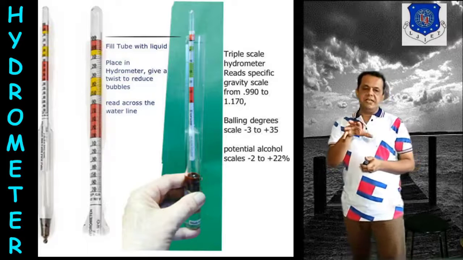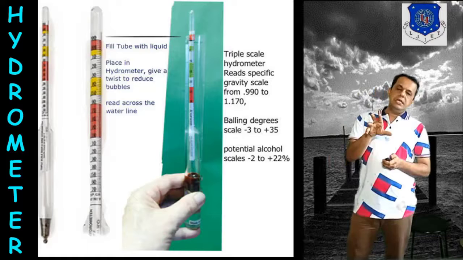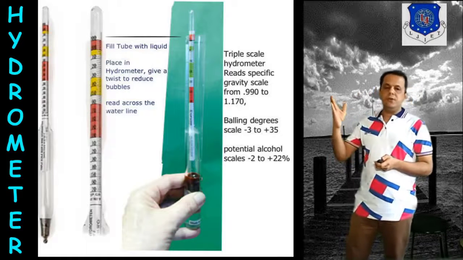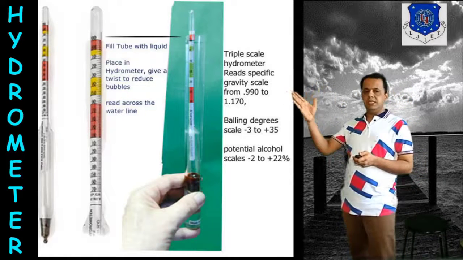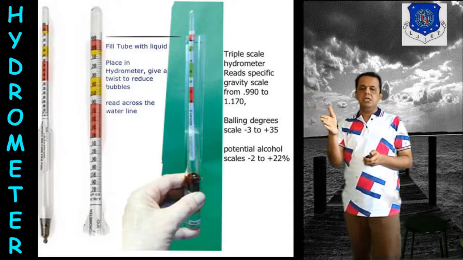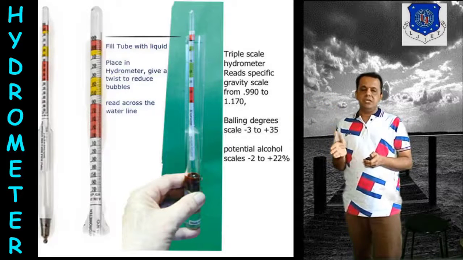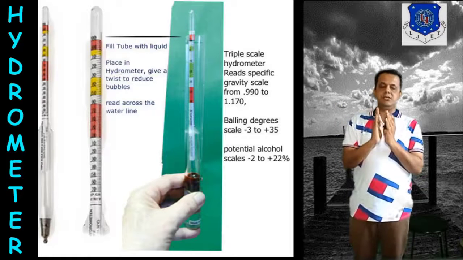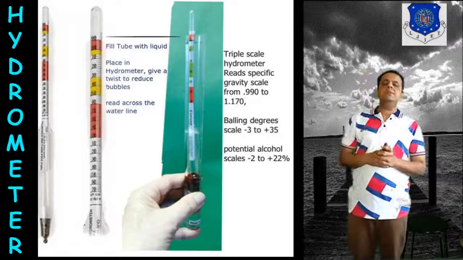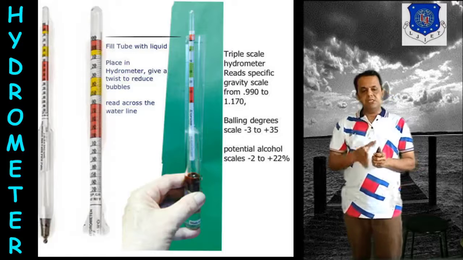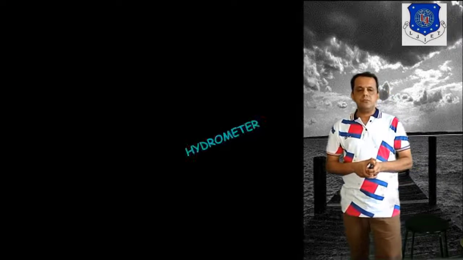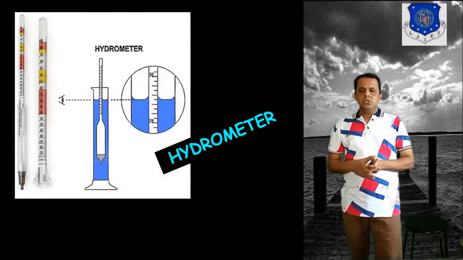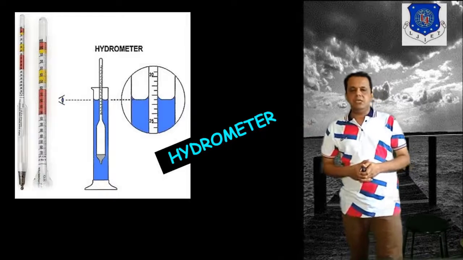You see the entire arrangement. Actually, the hygrometer is the first diagram that you see, and next to that one scale diagram is shown, and one vessel is taken in which water or liquid is there, in which this hydrometer is balanced. So let us try to understand how actually it works.